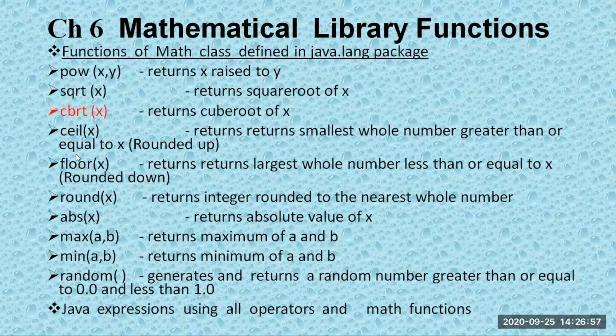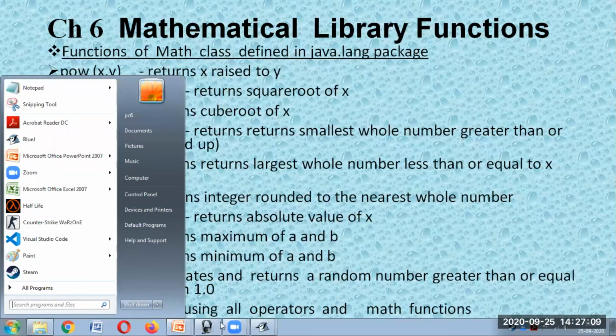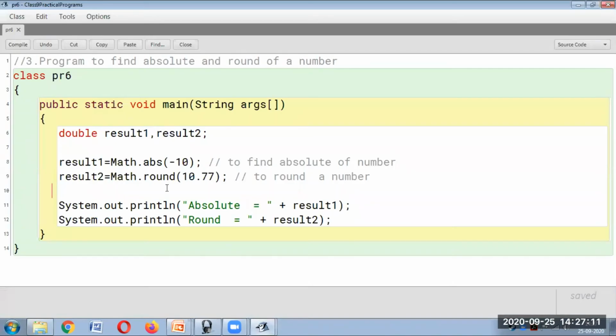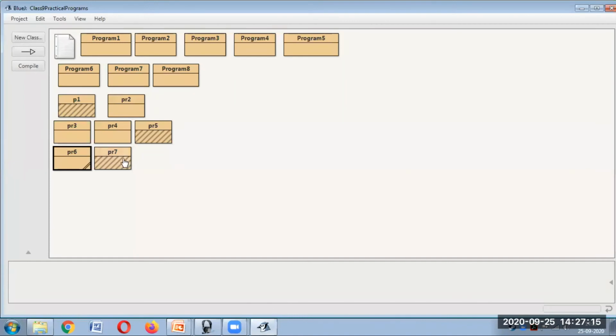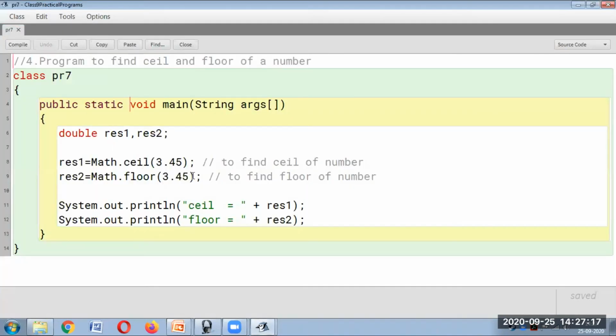Next is your ceil and floor. As the name suggests, ceil stands for ceiling and floor stands for floor. So ceil you can remember it like rounded up and floor you can remember it as rounded down. We'll take one program for this. So let's say if I'm providing over here 3.45.